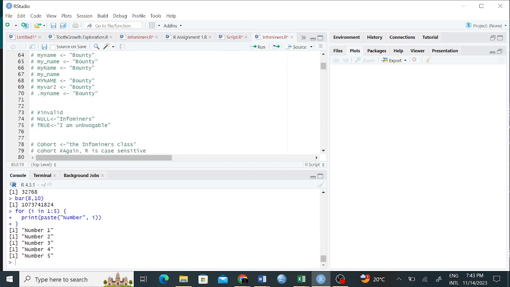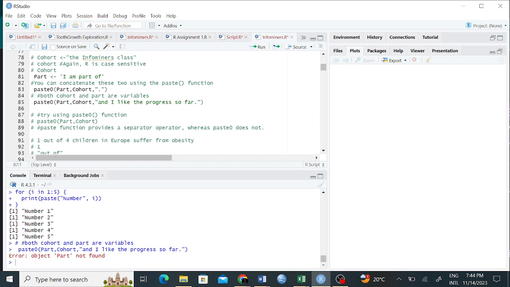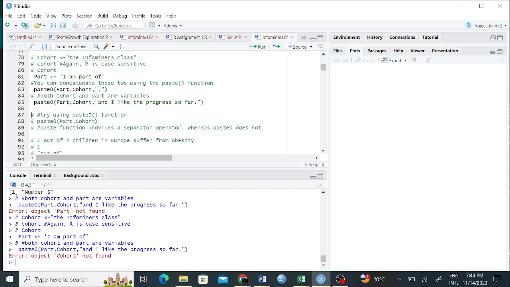Those paste functions here. You can see where we talked about paste0 and just paste. Here we are saying paste0, I am part of, cohort, and I. If you run it, you can see the error: object cohort not found.